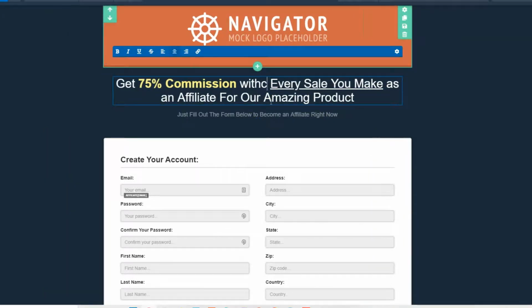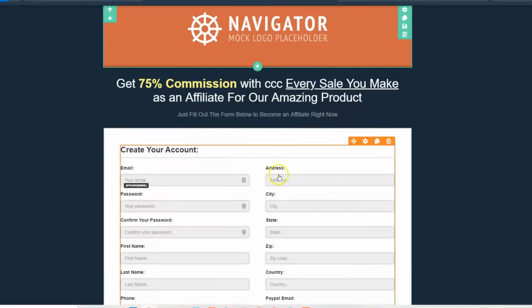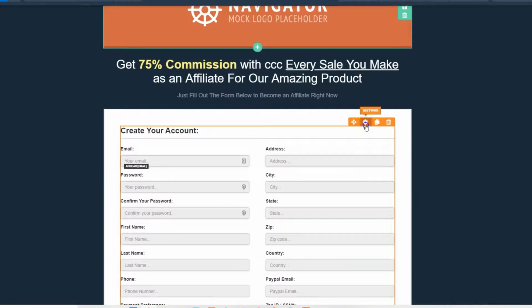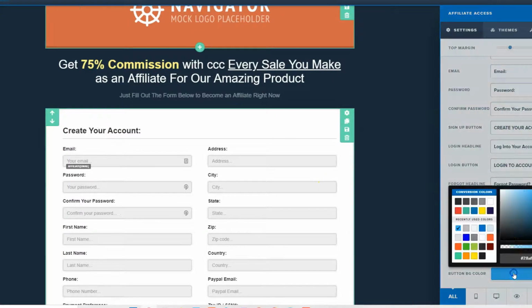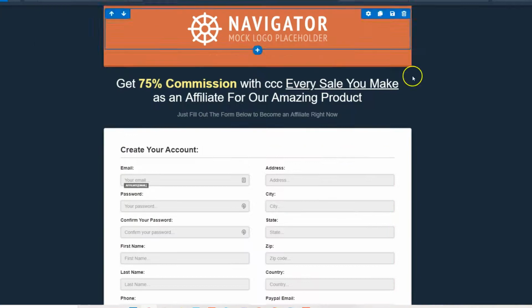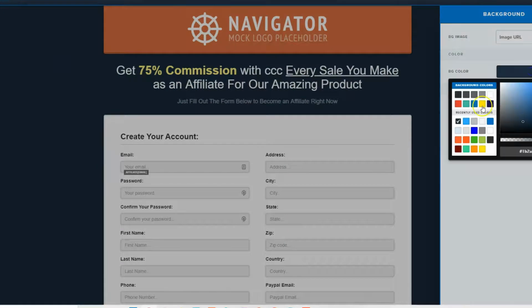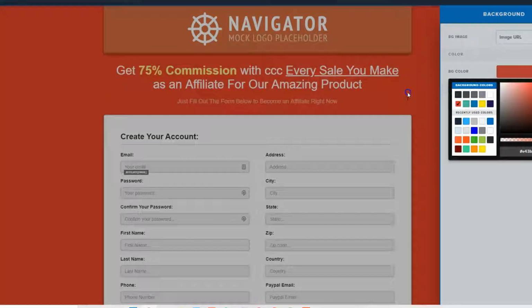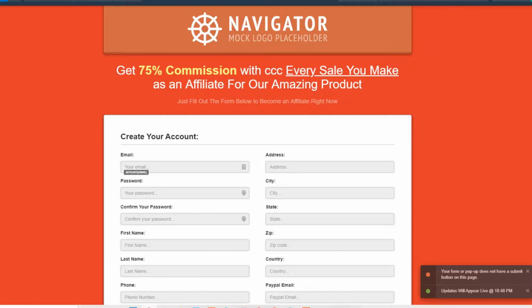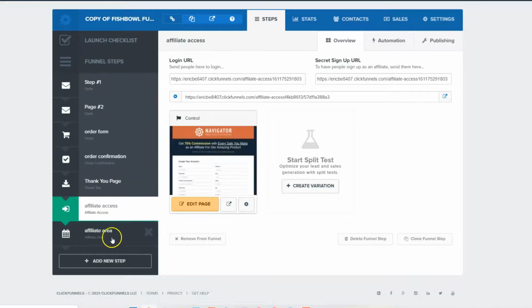You can just add text here, etc. If you want to change the button color, you can just click the settings and change the button color. Then if you want to change the background image, go to settings, go to background, and you can change the background color as well, and you can save it. So this is how we edit the affiliate area and affiliate access page.